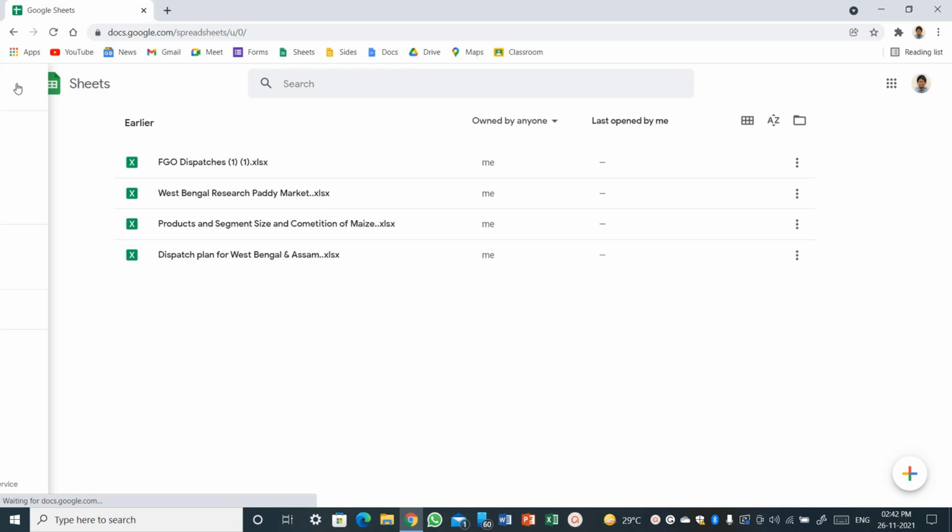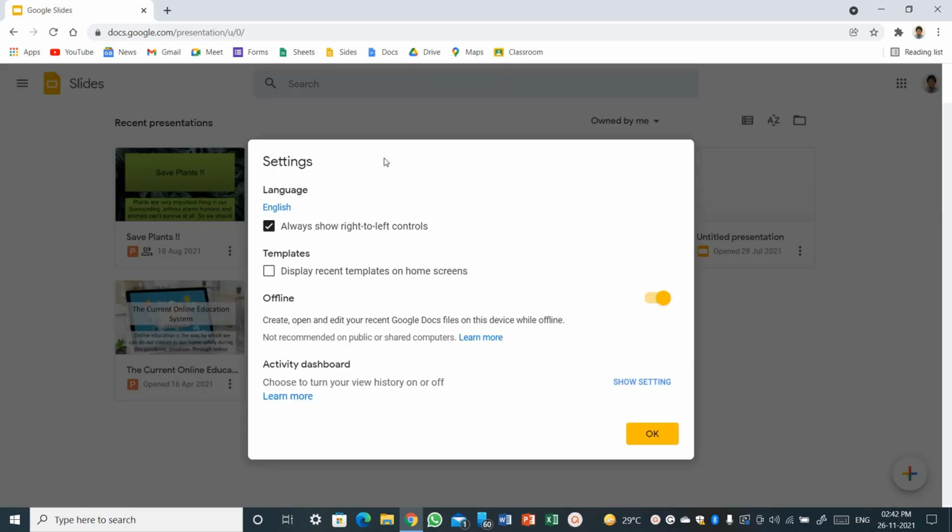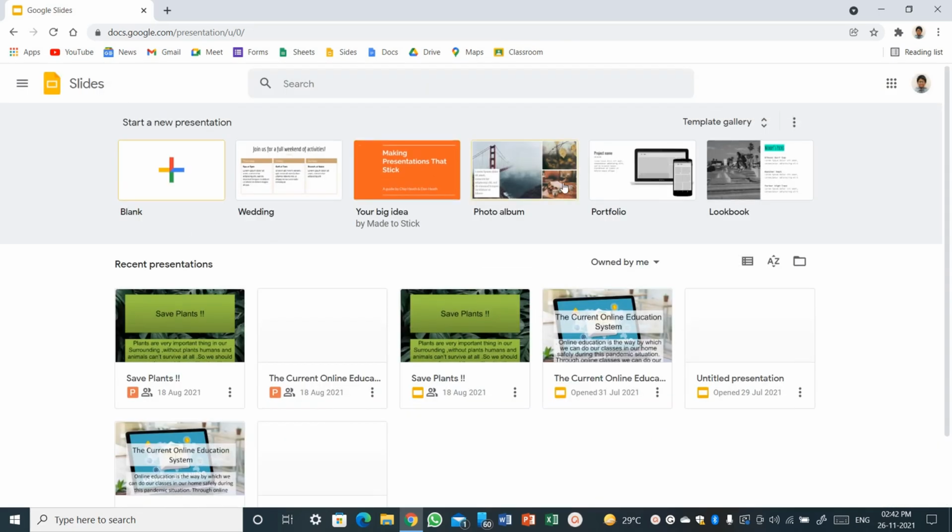After we have gone to settings, your screen will show like this and you can manage language and always show right to left controls of course, and templates display recent templates on home screens. Let's turn this on. And offline, create, open, edit your recent Google Docs files on this device while offline. Activity dashboard. Okay, I'm not interested in this and I think that you should turn this on for offline preview. Now here you can see that the